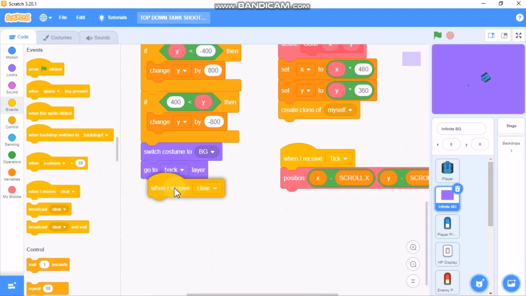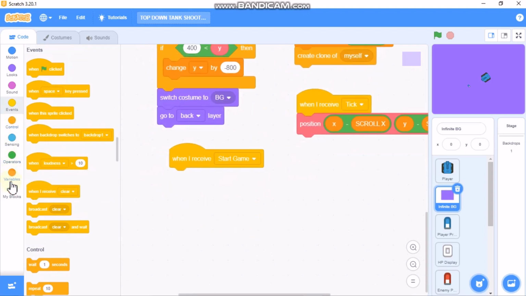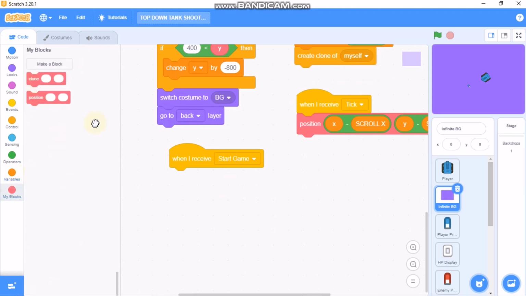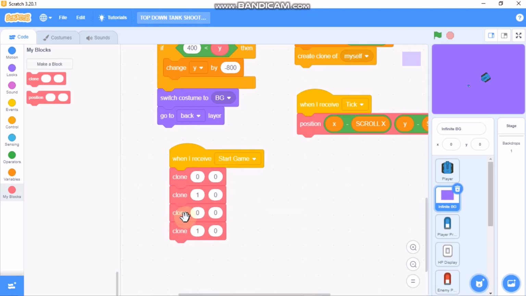And when I receive start game, we need to clone 0 0, duplicate, clone at x1 and y0, and clone at x negative 1 and y0, and clone at x0 y1